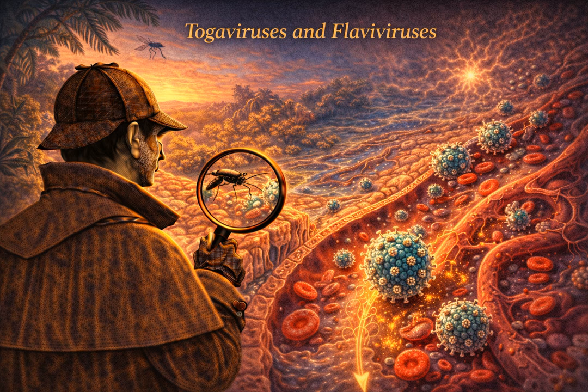And that target really depends on the specific virus. Exactly. If it is West Nile or St. Louis encephalitis, the target is the central nervous system. They are neurotropic. If it is yellow fever, the primary target is the liver, so it's hepatotropic, as well as the blood vessels. If it is dengue, it targets the macrophages and the vascular endothelium.